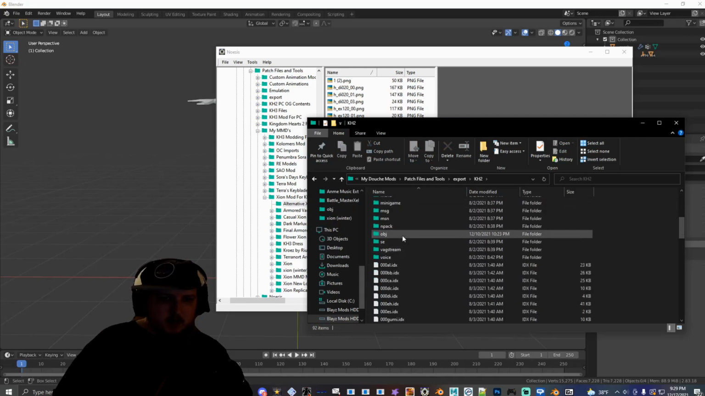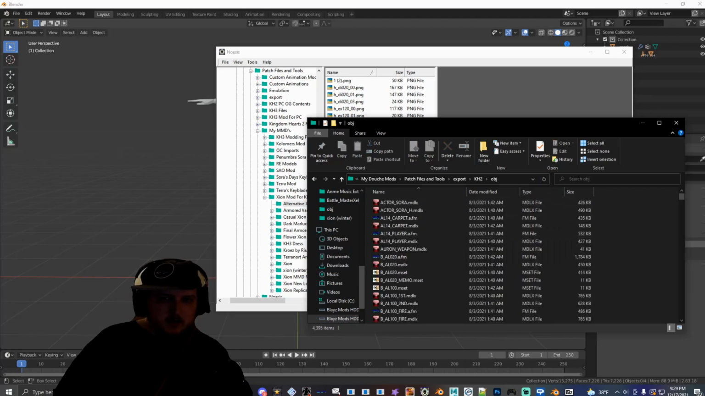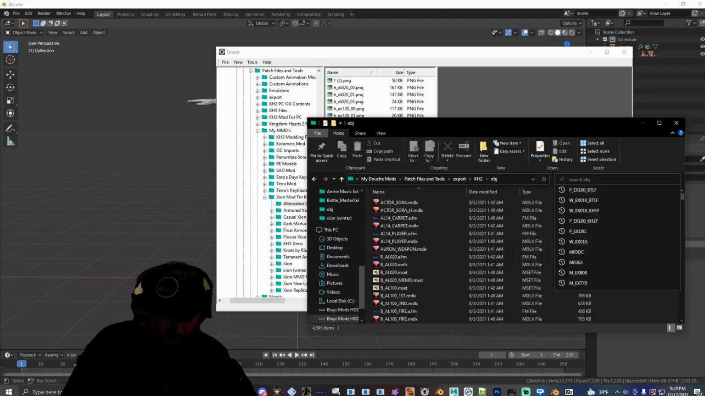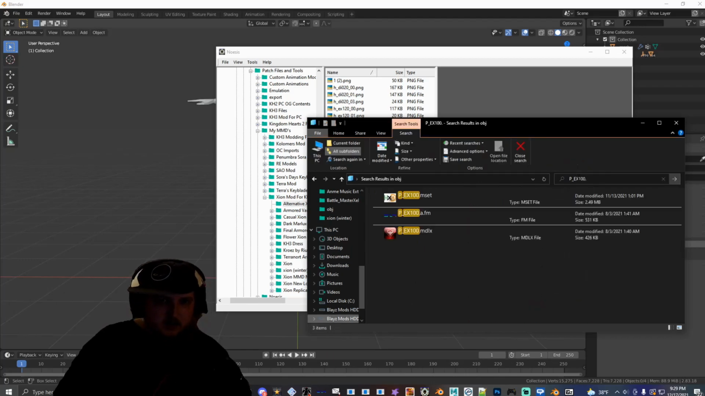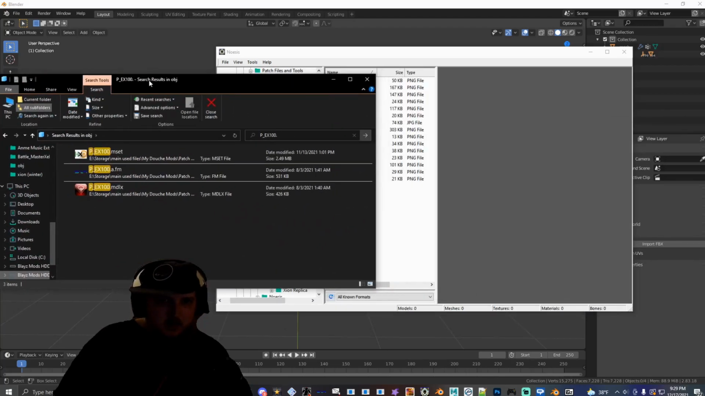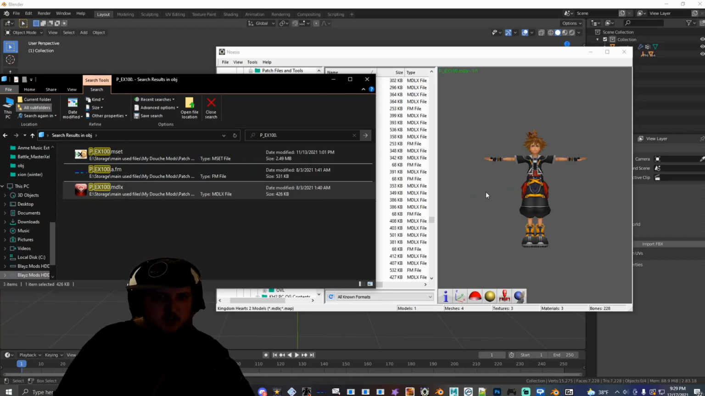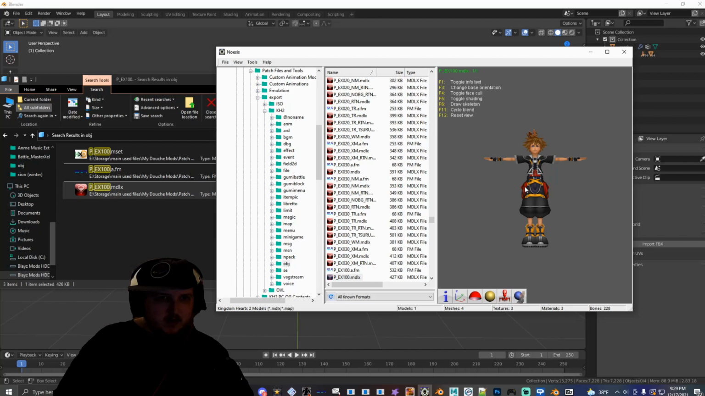So let me go to my folder here real quick. P_EX100 dot to give me more accurate search. And you can just drag and drop the MDLX into Oasis to go straight to the model. You don't have to actually search it in Oasis. Okay. And here it is right here. So I'm gonna right click this, export,